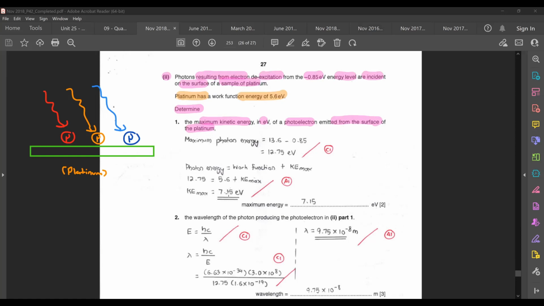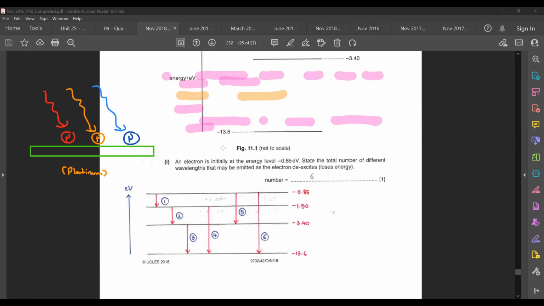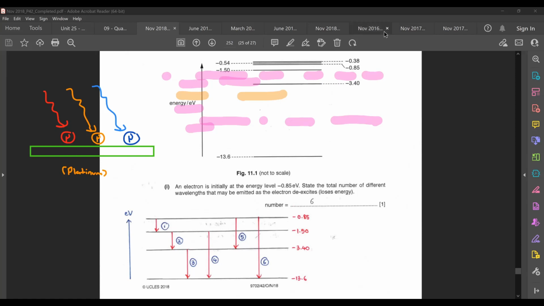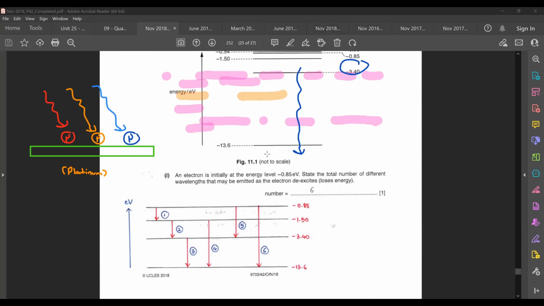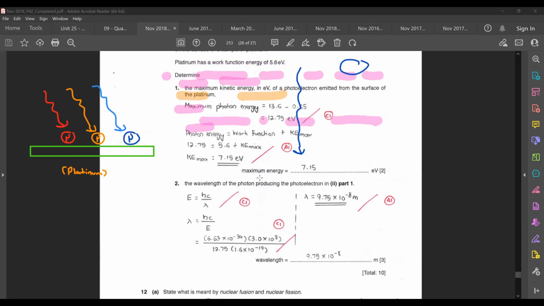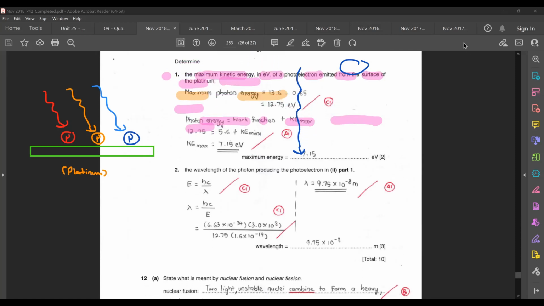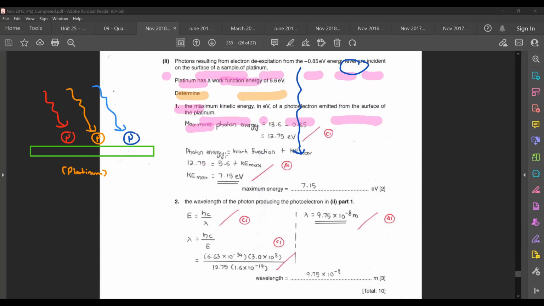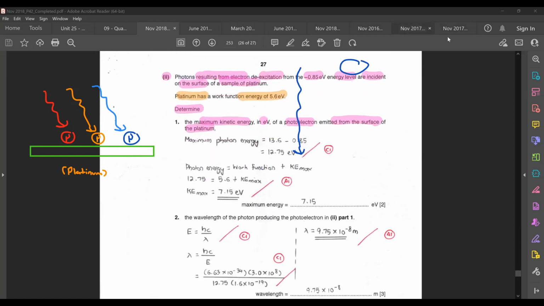So you already stated in the previous question that as the electron de-excites from negative 0.85 all the way to the ground state, there are like 6 different wavelengths, 6 different photon energies. So which one do you want to choose here? Okay, so for the case that you have right now, in part 1 of your question, they want the maximum kinetic energy of photoelectron emitted from the surface of the platinum. Okay, so here, to get the maximum possible kinetic energy,